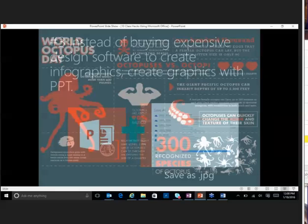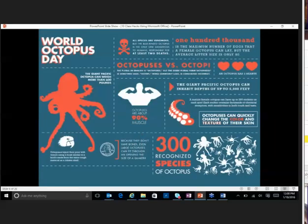So for instance, here is an infographic created in PowerPoint. Basically I just opened up PowerPoint. This is just a PowerPoint slide, and I designed my slide the way I wanted it to look. But then I maybe want to use this as an image in other files, other resources. Maybe I want to share it out to my students on a social network, etc. I can create something like this in PowerPoint and then save it